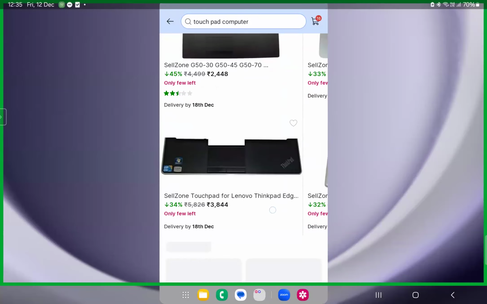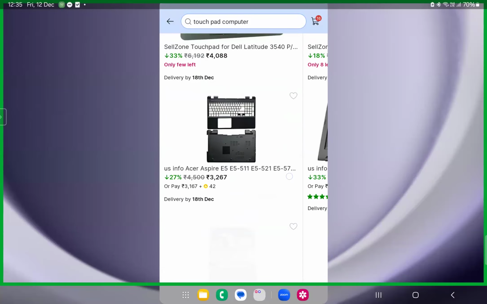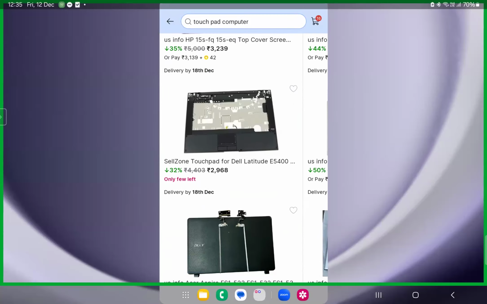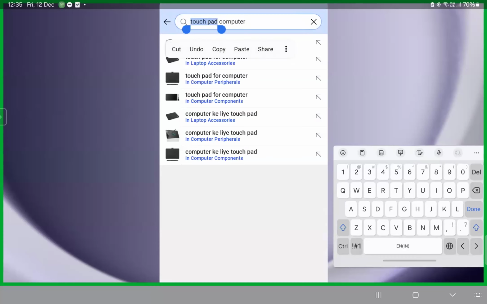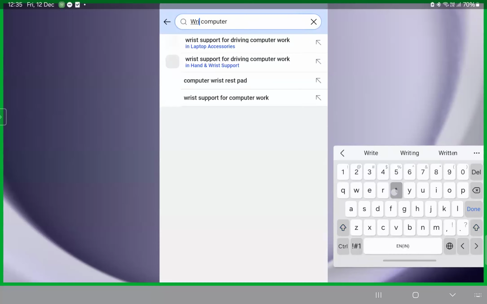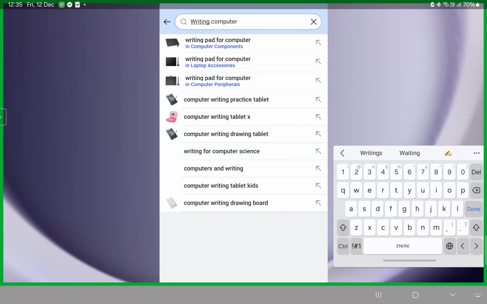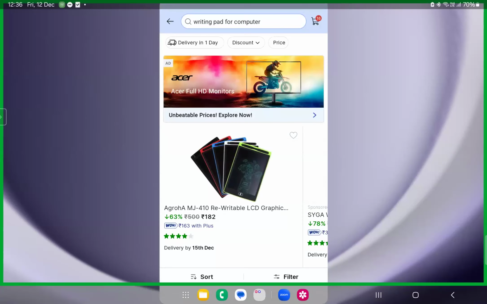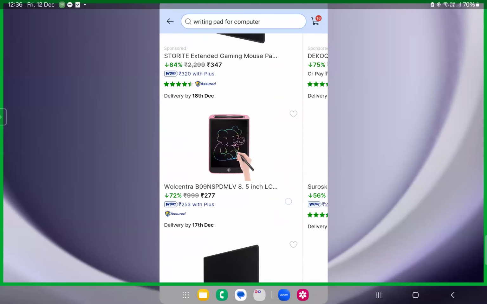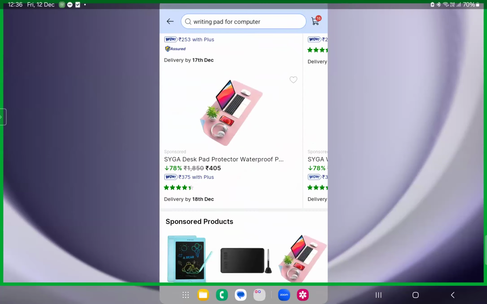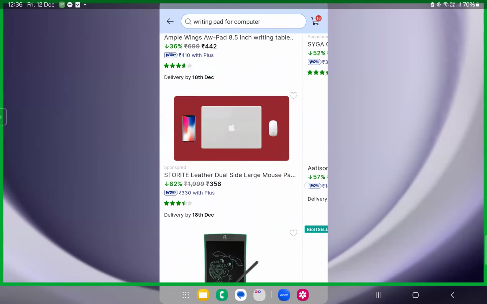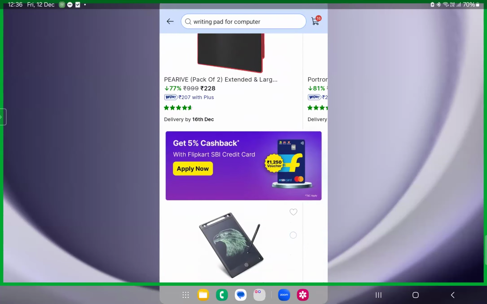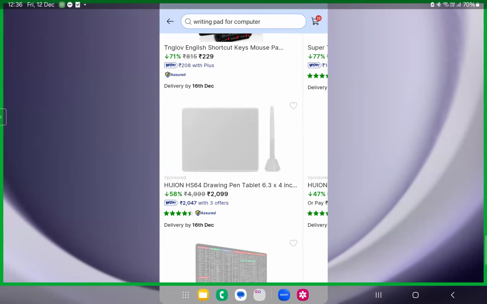I think that's on the right side of the screen. You need to connect that and use that. I just don't know the specific word that is used. Writing. Yes, it is a writing pad. I'm sorry, not a touchpad. It will show you the least expensive ones. It's around 2,000 rupees. You can even take a more precise one, which will be around 5,000 or something like that.